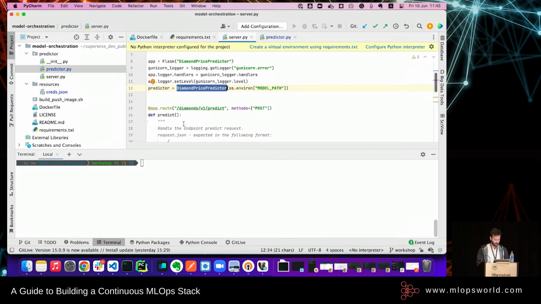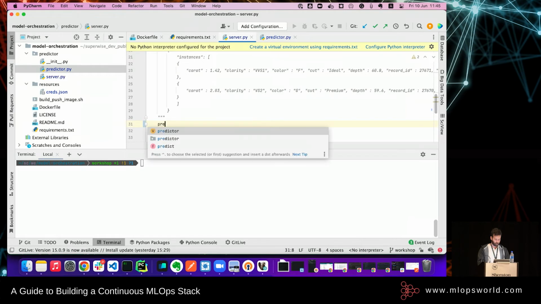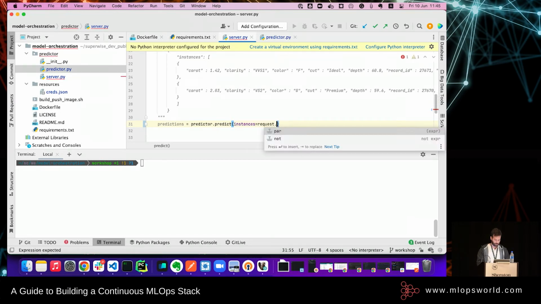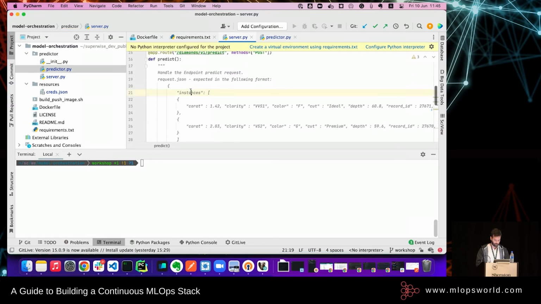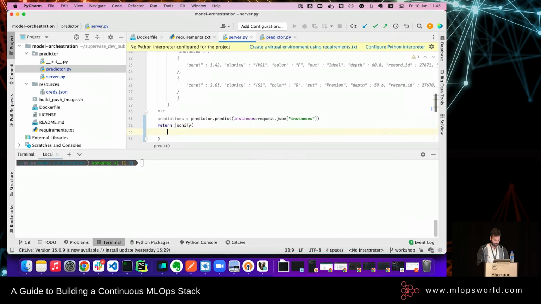And then we can go ahead and do predictions equal predictor predict instances equals request JSON, I think, instances. Great, and I'm going to return a JSON file of predictions, and that would be the predictions list.